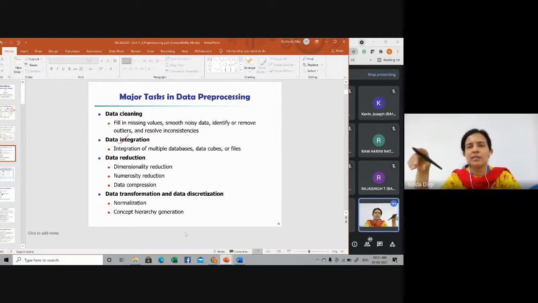That's how the data gets loaded into your data warehouse, and periodically it gets refreshed. The data warehouse stores historical data. Data can also come from the internet, that is the World Wide Web.